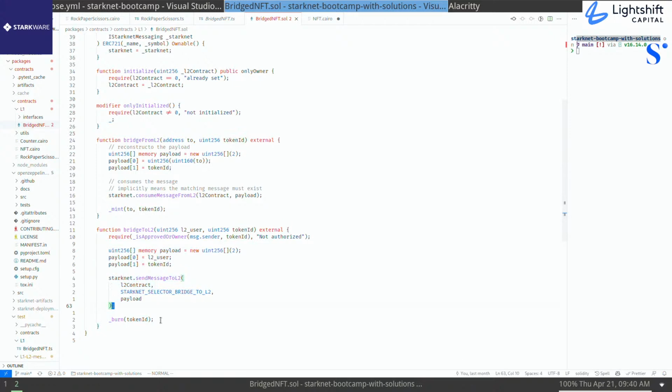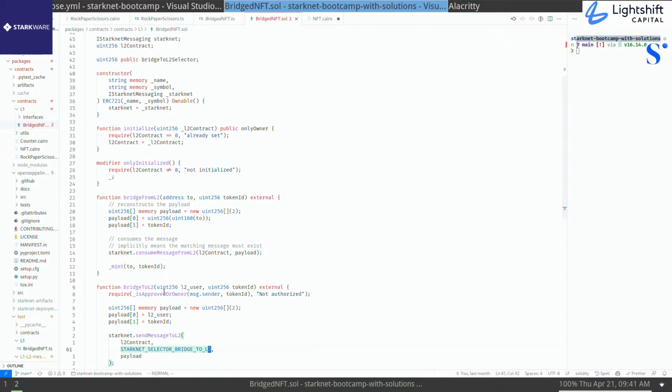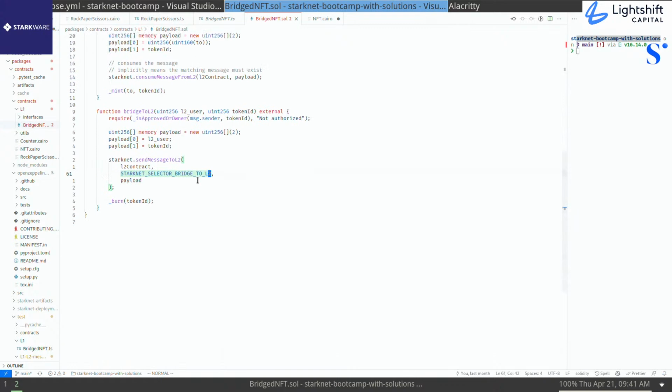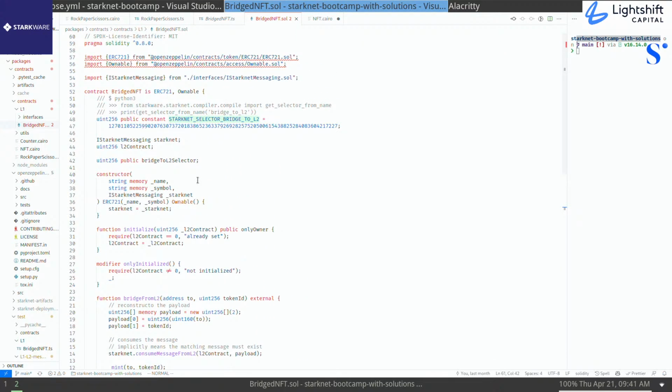And then I'm going to construct a very similar payload, and I'm going to call the same contracts with, again, a very similar API, just with one addition, which is this StarkNet selector bridge to L2. If you've ever used ABI encode and stuff like that on Solidity, this is very similar. Every function in Solidity has an ABI hash, which you can use to identify it, which is what gets encoded in calldata. In StarkNet, a very similar thing happens, just with slightly different logic. Instead of being the function header with the typed arguments and doing the keccak hash of that,